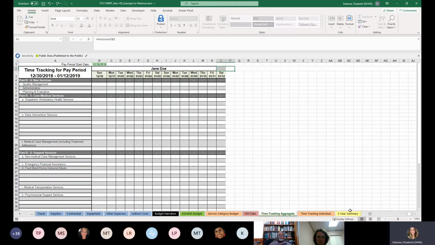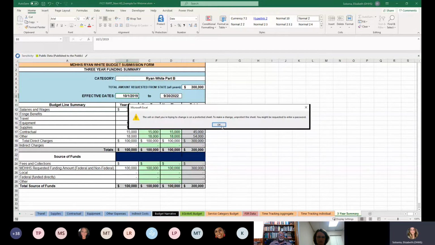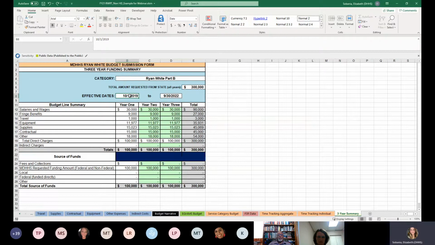And then we have this 3-year summary. All you really have to do on this tab is change these effective dates. So these dates will be 10/1. Well, it won't let me do it right now because I've saved a copy of it. But you'll just have to update these dates to 10/1/2020 through 9/30/2023, and then all of this